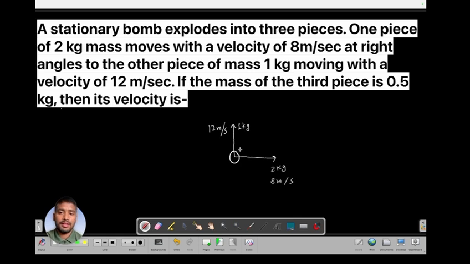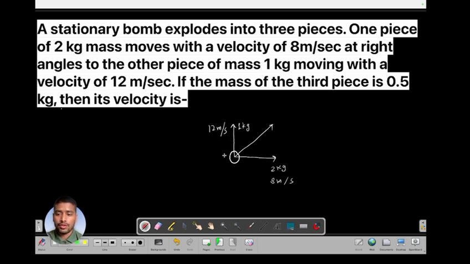Now the net velocity, or you can say the net momentum, of these two will be, since they are at right angles, by the rules of vector addition, somewhere in this direction, right? Now since the bomb exploded only due to internal forces, there was no external force involved, right? So the overall momentum will be conserved, and since initial momentum was 0, the final momentum will be 0